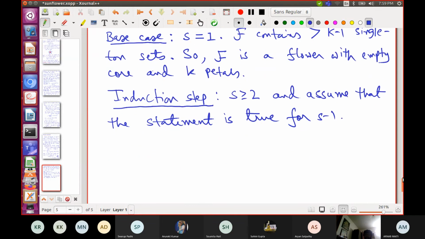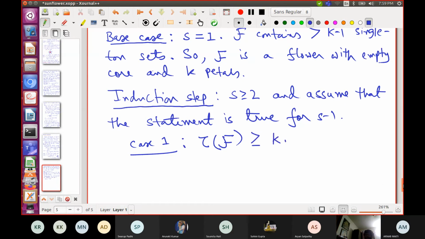Now again there are two cases. Case 1. Let's look at the blocking number of F. Say the blocking number of F is greater than or equal to k.